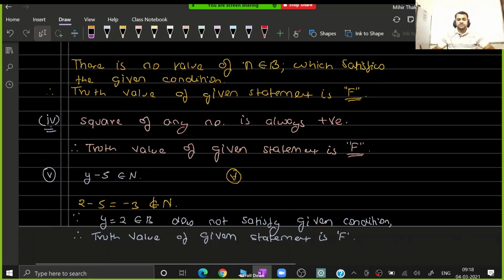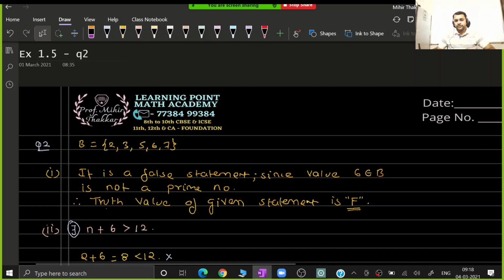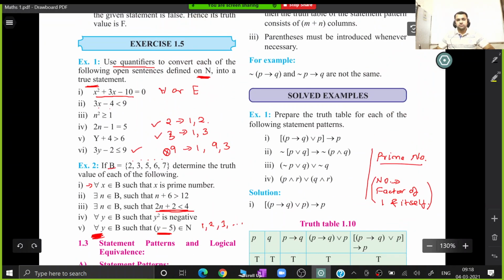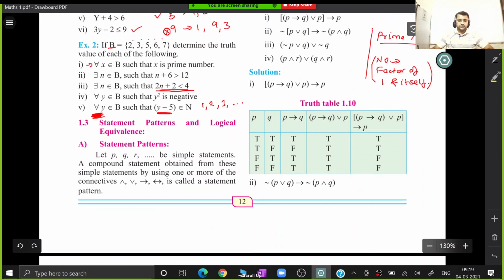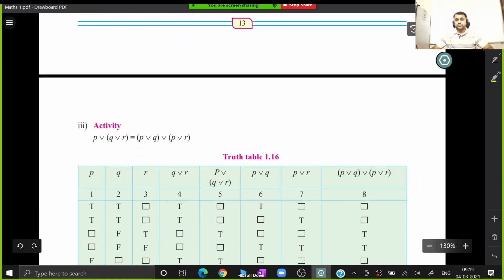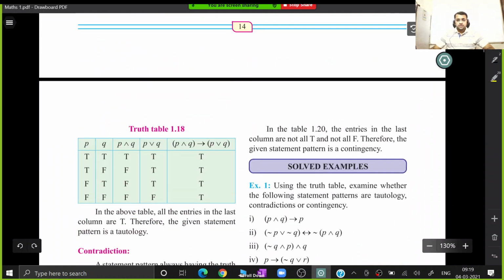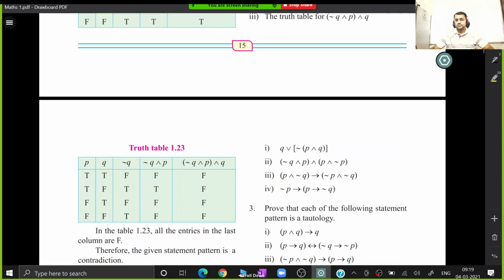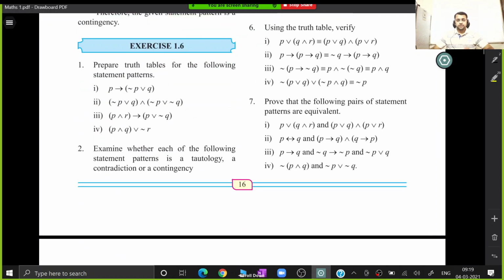I hope quantifiers are very clear to you. Many people have doubts in quantifiers. Did you have any doubt earlier in quantifiers, or did you understand this well? Okay, great. So quantifiers is a very important point that you have to practice. Okay. So after this, the next thing is the truth value or the truth table. 1.6 over here.